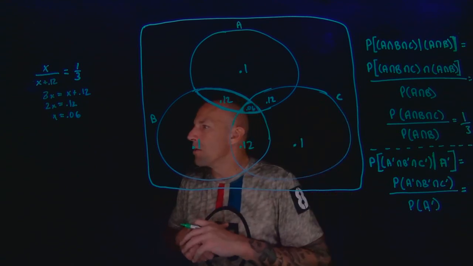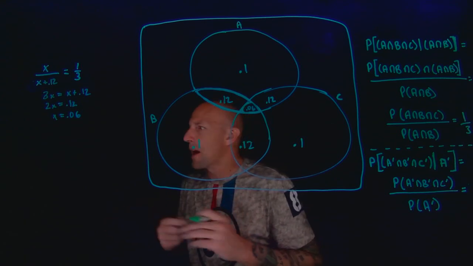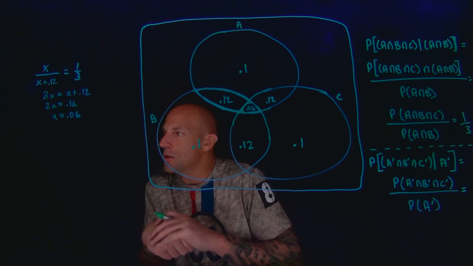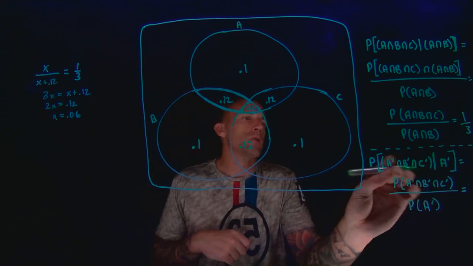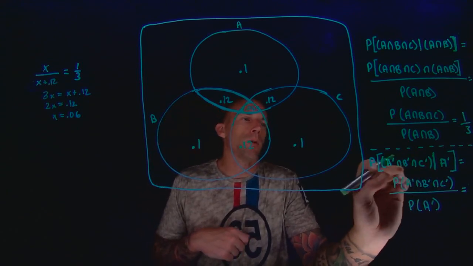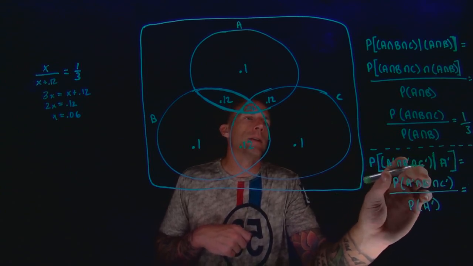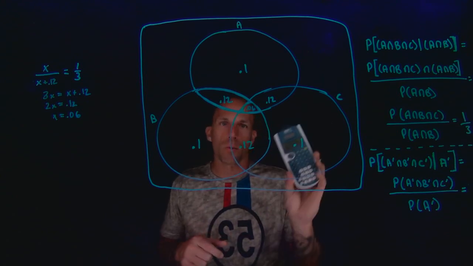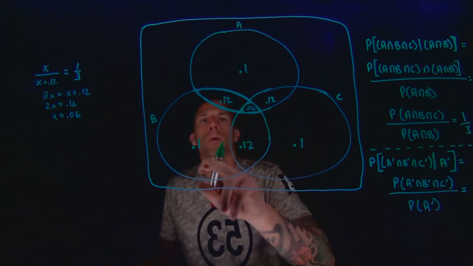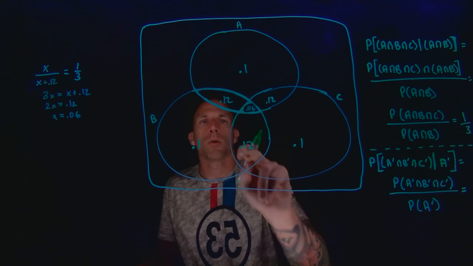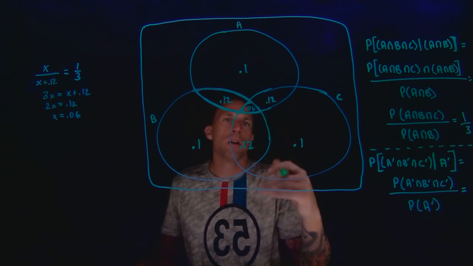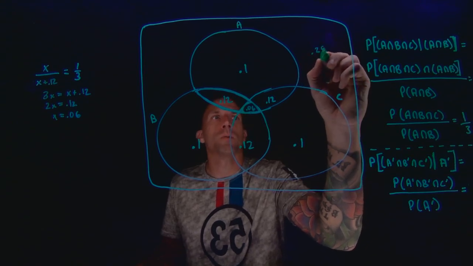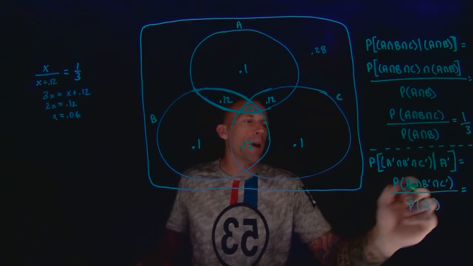Okay, so to get to the answer, the question that we're actually asked: calculate the probability that a woman has none of the three risk factors given that she does not have risk factor A. So I've written that statement here. The probability of not A, not B, not C intersect is everything outside the circles. So we do a little bit of calculator work. 0.1, 0.1, 0.1 is 0.30. 0.12, 0.12, 0.12 is 0.36. So that's 0.66, plus the triple intersection is 0.72. 1 minus 0.72 gives us a numerator here of